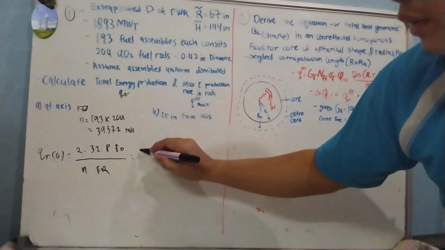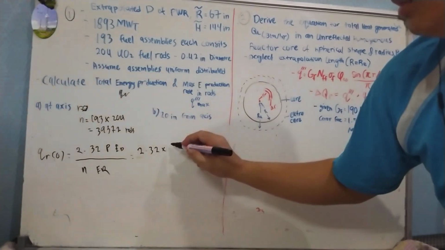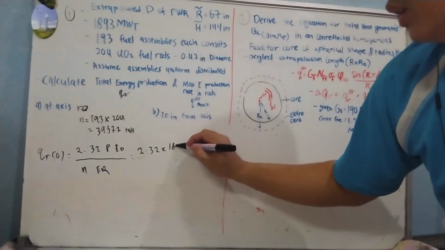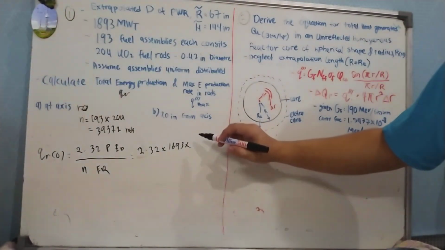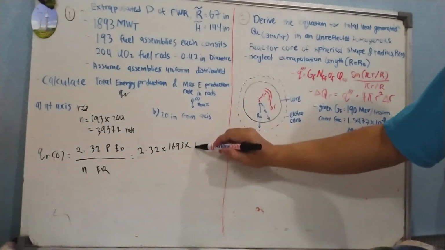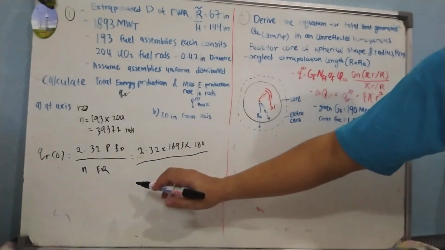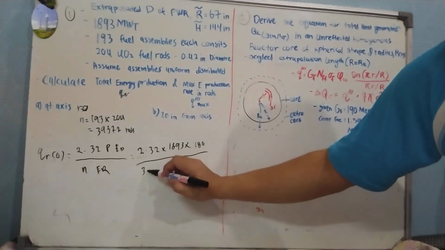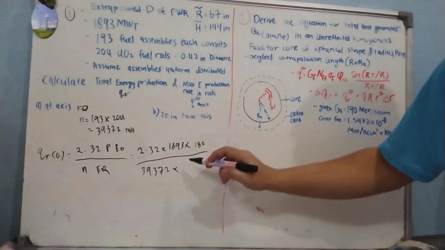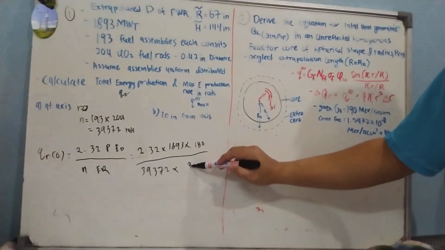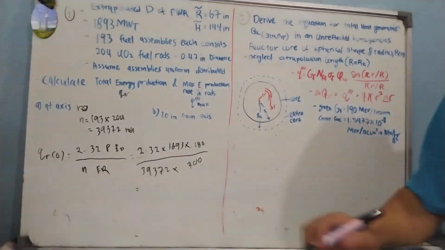So computing, 2.32 times power, which is 1893 megawatt thermal, times energy deposited, which we assume 180, divided by 39372 rods times energy released. Energy released is normally 200. So we get